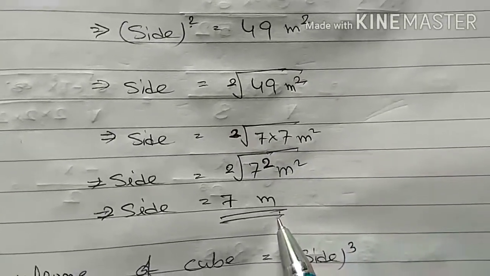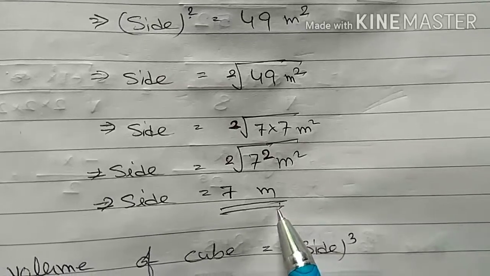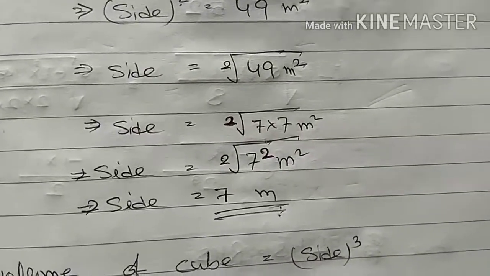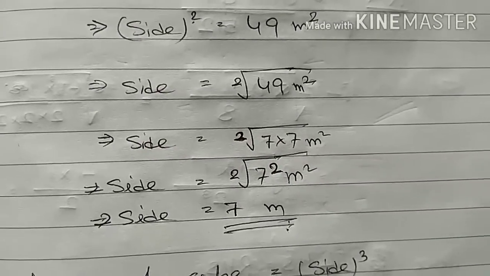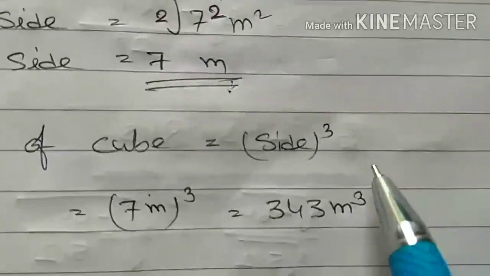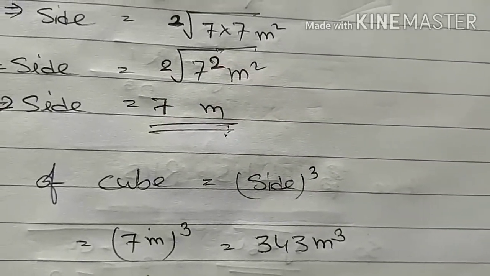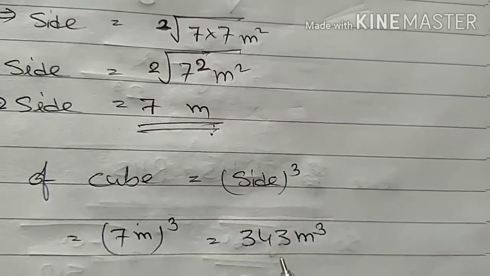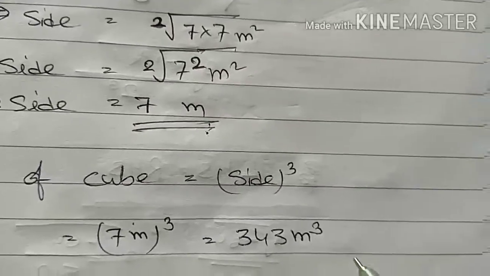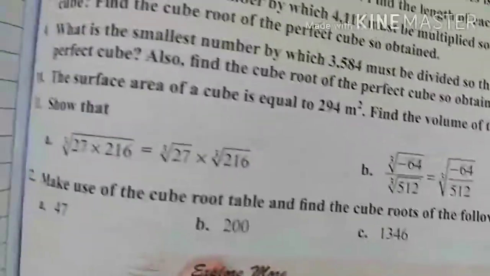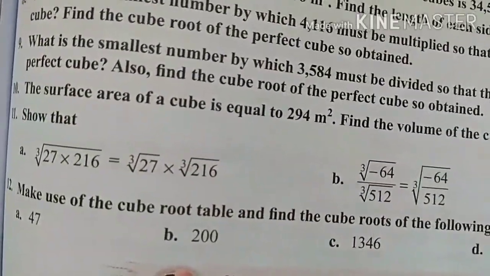Okay. The next part of the question is, find the volume of the cube. As you know that in the previous question we discussed that the volume of a cube is equal to side to the power cube. The side we got is 7 meter, and 7 meter to the power cube is equal to 343 meter cube. So this is the answer of question number 10. Okay. Look here, question number 11. We have to find the